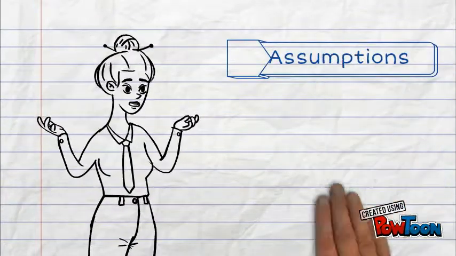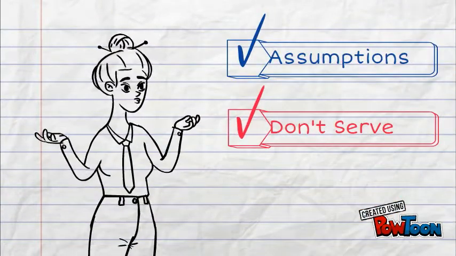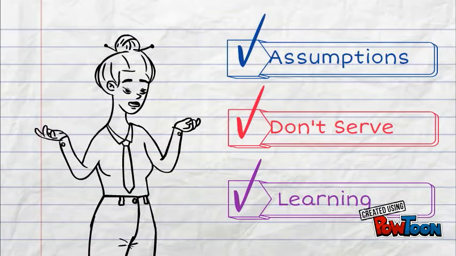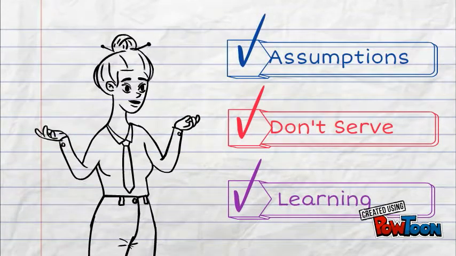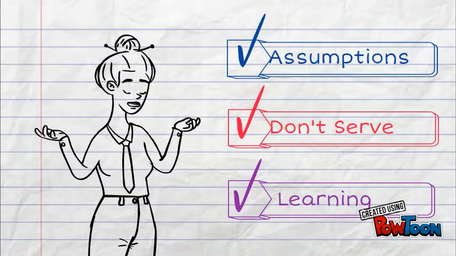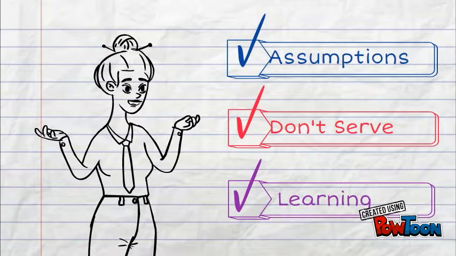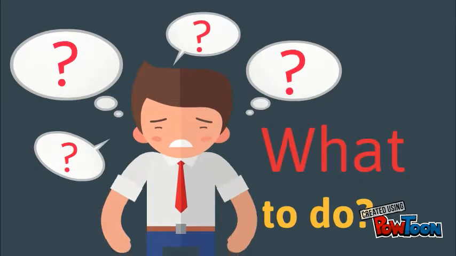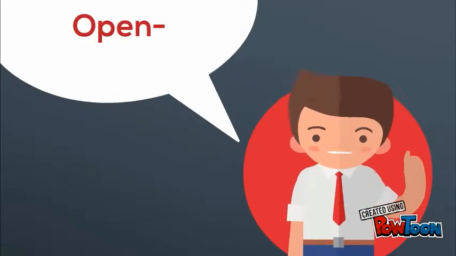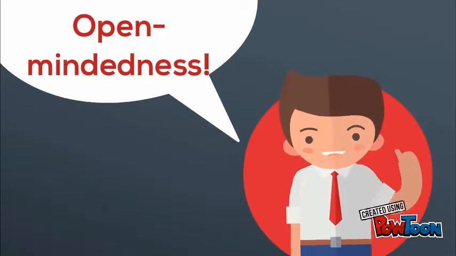Honestly, the reflective teacher can't afford to jump to conclusions about what's going on in the classroom because it doesn't serve our students' learning. Learning is complicated, and ignoring that is a disservice to our students. So what's the best antidote against jumping to conclusions? It's practicing the reflective attitude of open-mindedness.